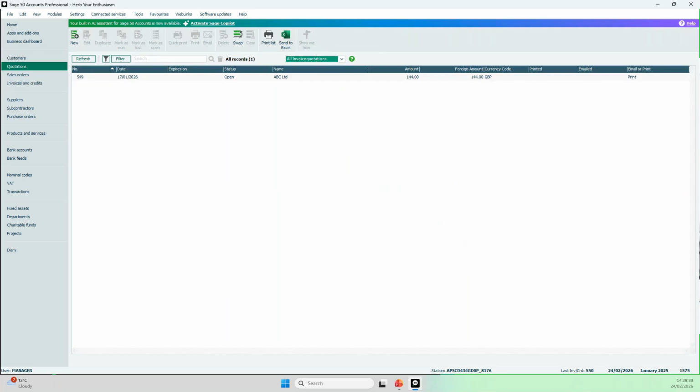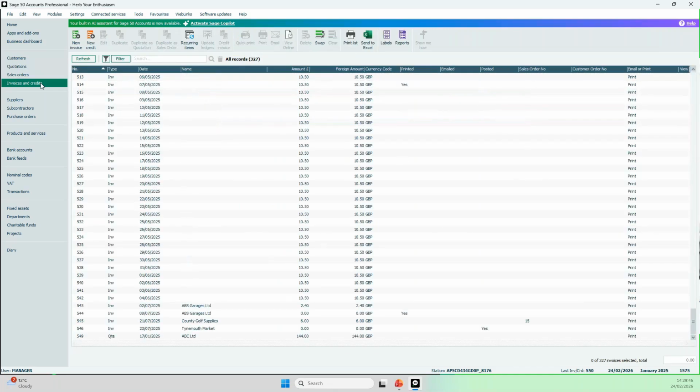Now back on the subject of the archiving as well. So we took an archive before we started all of this. We just go back into invoices and credits. And if we have a look here, we've got 327 invoices showing in here. Now, the reason it's a good idea to take an archive is because obviously we've deleted quite a bit there, you can see. I've taken an archive, and what we can do is just pop back into the archive